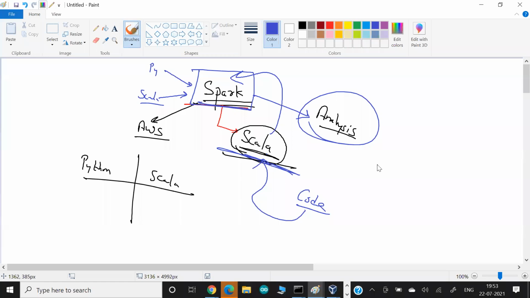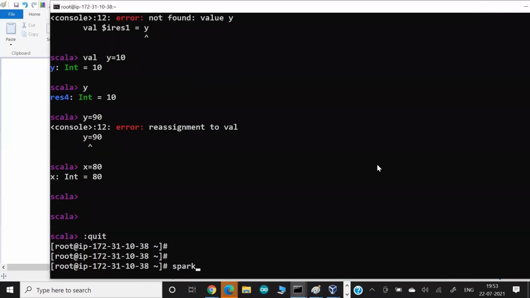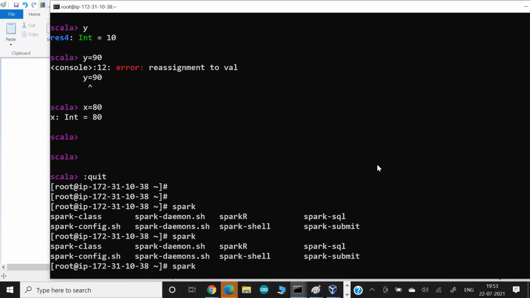And for this, I am launching Spark not with PySpark. If you use PySpark, you connect to your local cluster and it gives you a Python way to interact with Spark. But if you want to interact with Spark using the language called Scala, then this is the command you have to use: spark-shell.